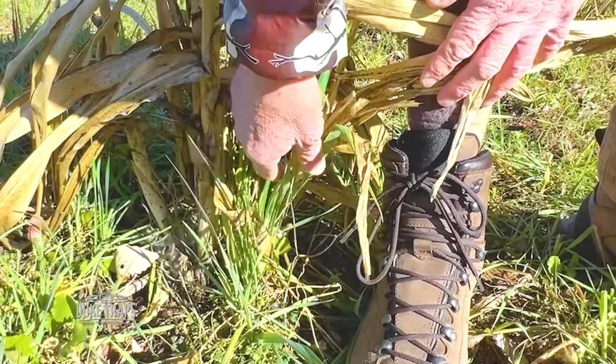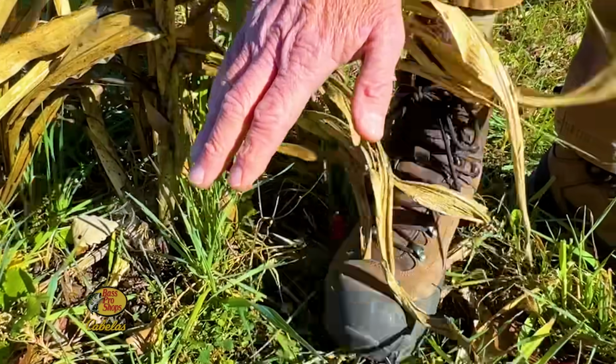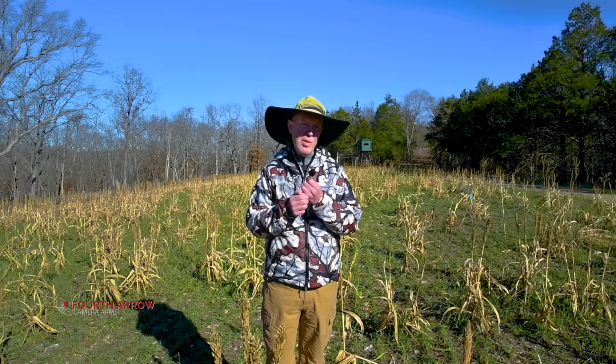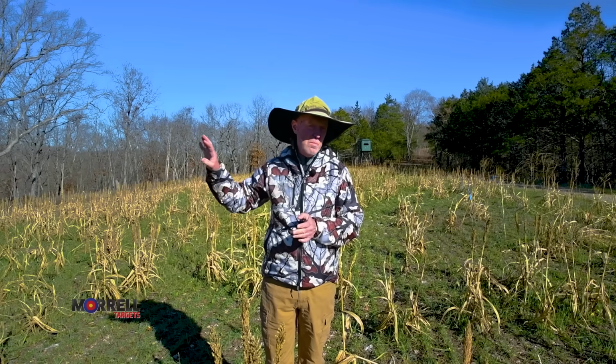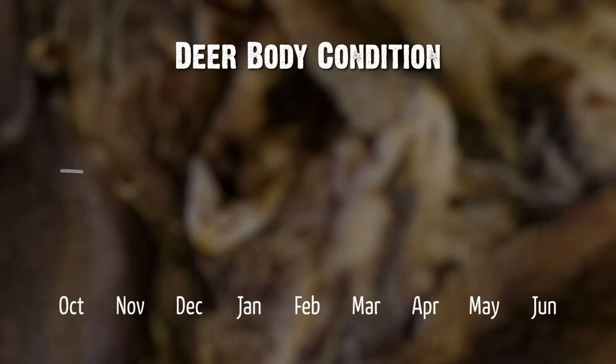Really think about how tall that vegetation was on my boot, in the milo stalks, versus just a couple inches away. And then think, well, we've got all of January, all of February, probably a good bit of March here where we are at the proving grounds too, that deer aren't going to have acorns or much native vegetation. Now, they will survive that just fine, but when deer get in really bad condition or lower their body condition